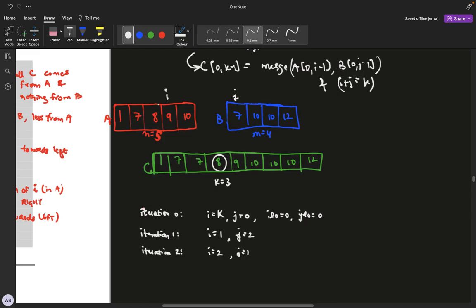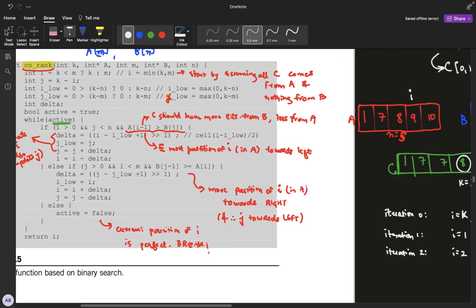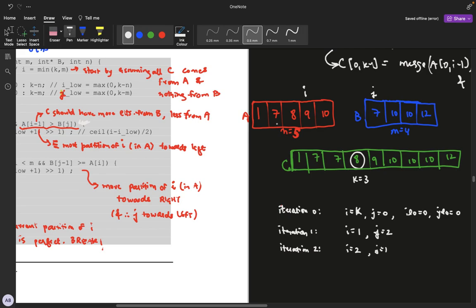So we are expecting all elements in this subarray of C to come from A. That is the initial condition, which we see is not true because of this condition. Because A[i-1], that is this 8, is greater than B[j]. This means that while merging, there is no way that C is formed by merging subarrays A and B,